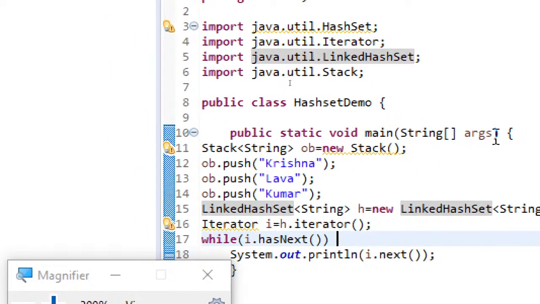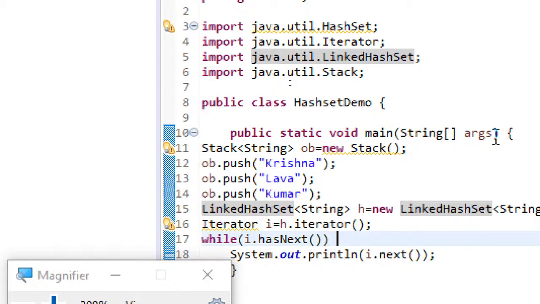Now let's go for maps. So what is a map? In the very first class of collection, I said collection has three children: list, set and map.